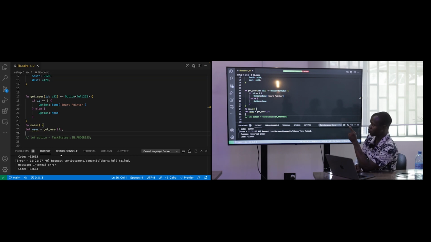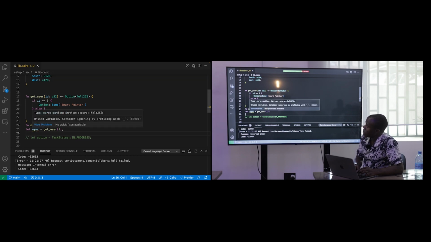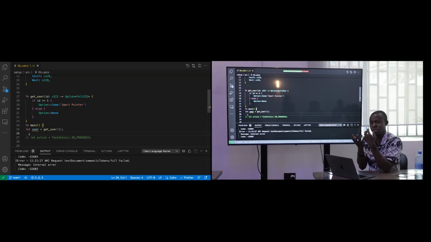What this returns is an option enum of felt252, the Some value. Because I'm the one that wrote the program, I know what this particular function returns. But if someone picked up my library and wants to use it in his code,